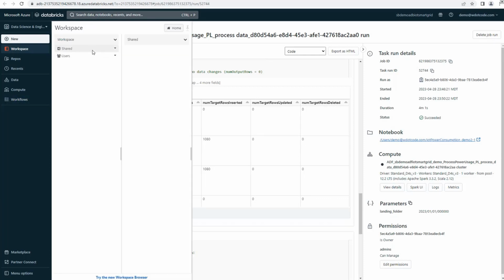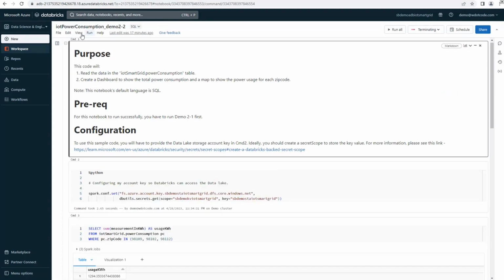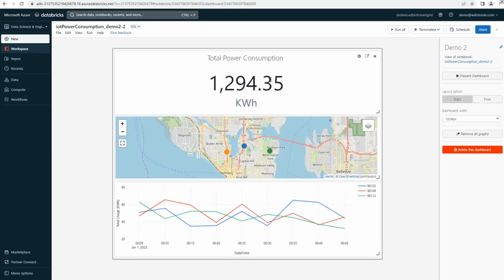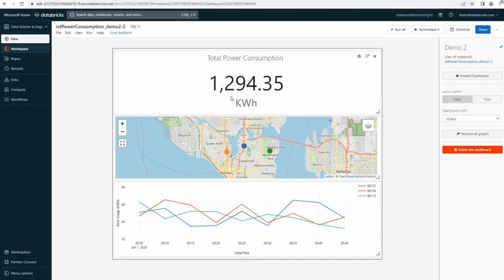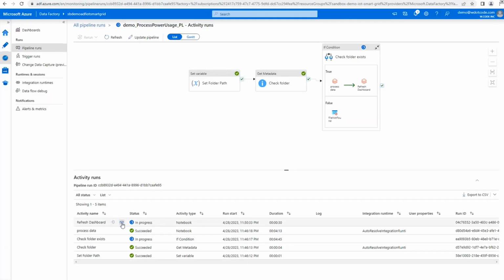Now I'm going to navigate to the notebook that we ran last, and this is the dashboard notebook. I want you to just remember this number is 13, just under 1300. Even though this notebook in Azure Data Factory is running and most likely is being updated at the moment, this notebook is not getting changed. That is not really a good expected behavior that we want to have. But it's important to note that the notebook refresh run doesn't get refreshed in the notebook itself. It's a separate item that gets